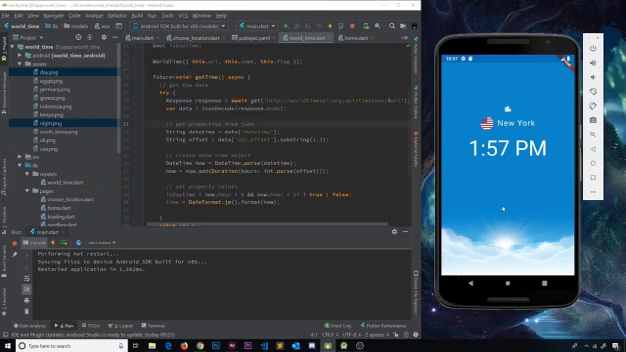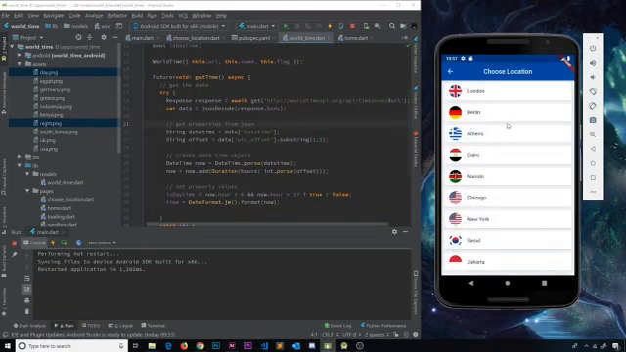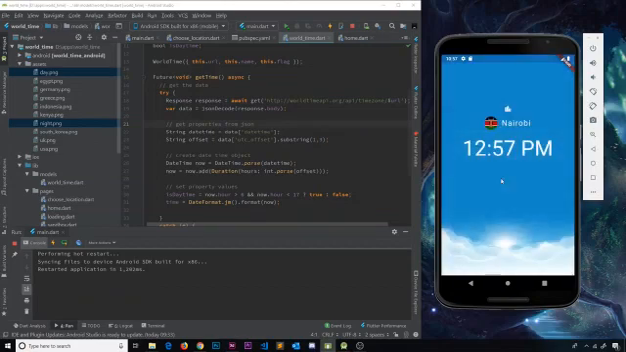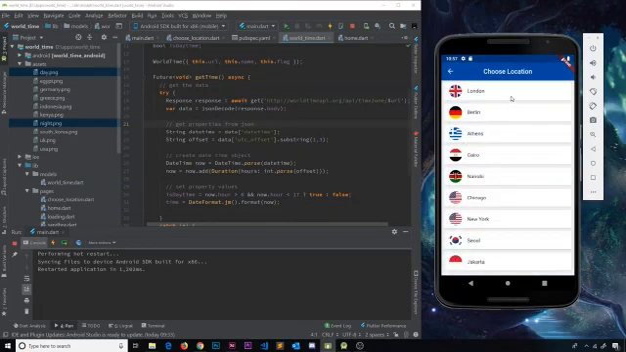It's an app which tells you the time in different locations or different cities around the world. So right now in New York, apparently it's 1:57 p.m, but we can change the location. I could go to somewhere like Nairobi and we see it's 12:57. In London, it's